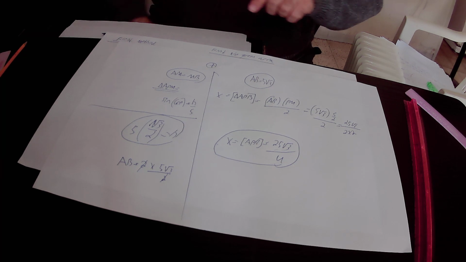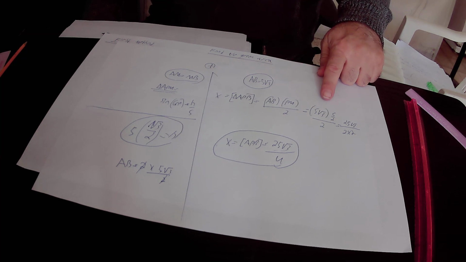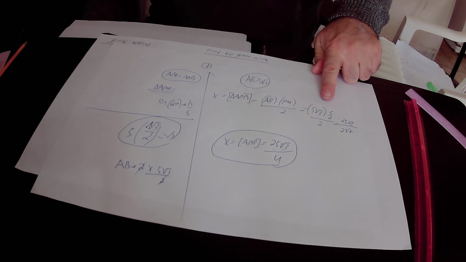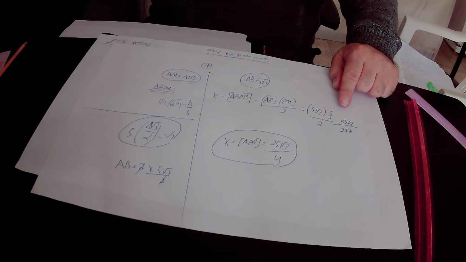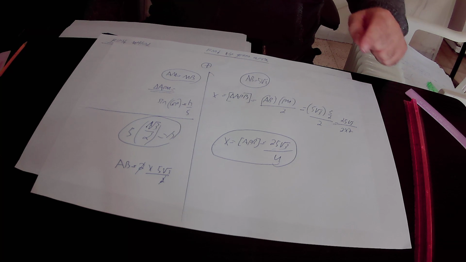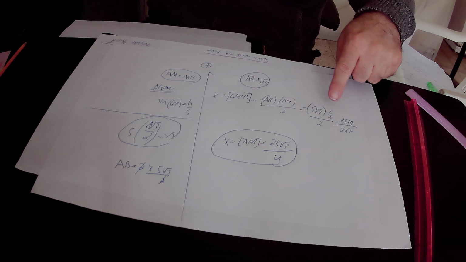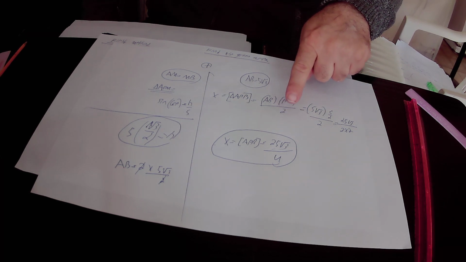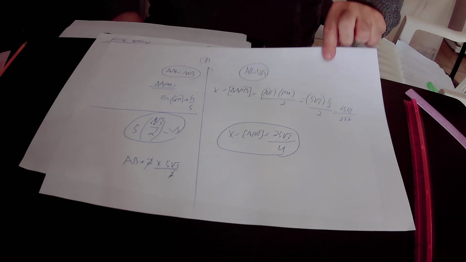So here, the area of triangle APB, that is actually x, equals AB, that is 5 times square root of 3, times the height, that is PM, which equals 5 over 2 over 2. So here, 5 times 5 is 25, so in the numerator we have 25 times square root of 3. In the denominator we have 2 times 2. So in conclusion, we found out that x, the area of triangle APB, equals 25 times square root of 3 over 2 times 2 is 4. So it is 25 times square root of 3 over 4 square units. This is the value of x, and